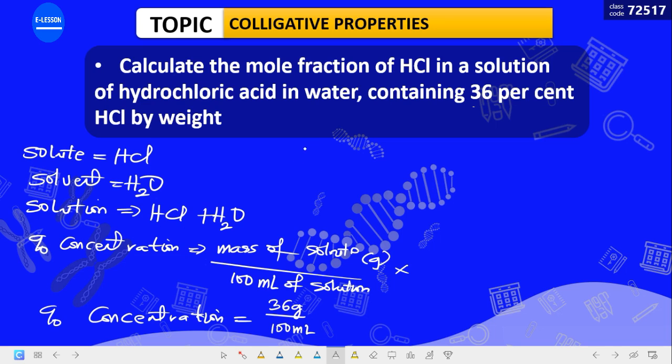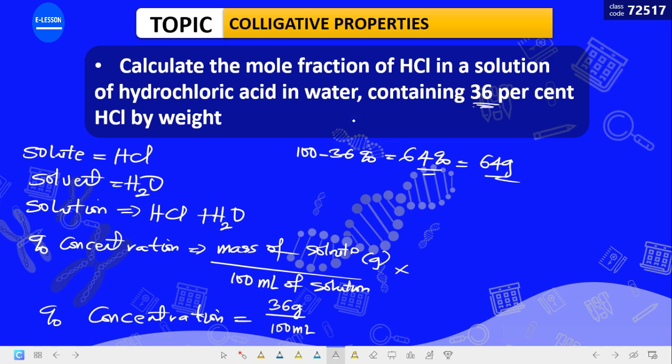Now if the mass of solute is 36 gram, we know that the total mass for percentage is supposed to be how many? 100. Is that not so? 100 gram. So if HCl has already taken 36%, total percentage is 100. That means the percentage of water present will be 100 minus 36%, and this will give us what? 74%... well, is this 74? 64 rather. 64%, which, if you convert this now to gram, will be 64 gram.